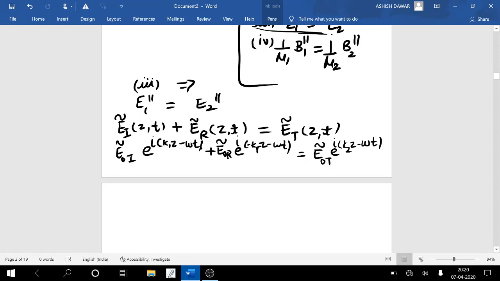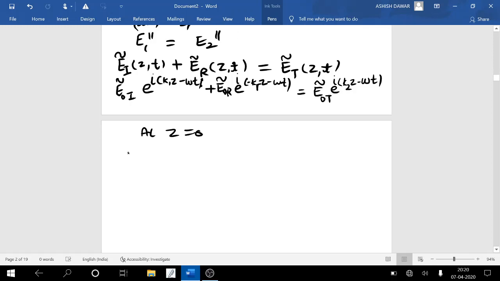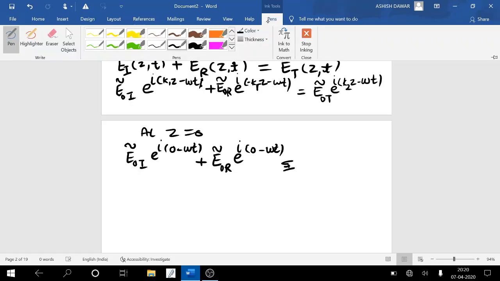Okay, so as we are considering it at z equals 0, the above equation becomes E0I exponential iota (0 minus omega t) plus E0R exponential iota (0 minus omega t) equals E0T